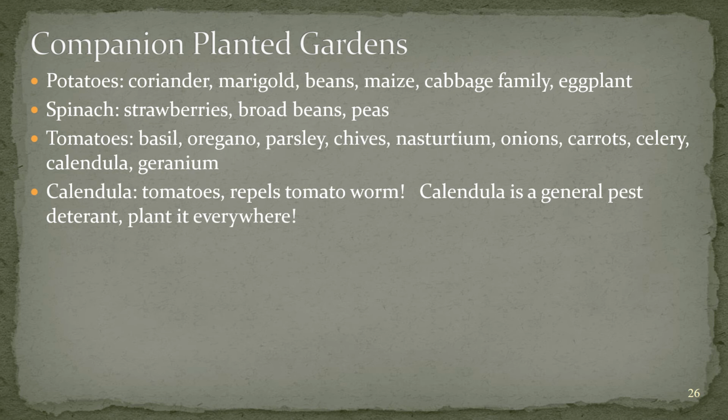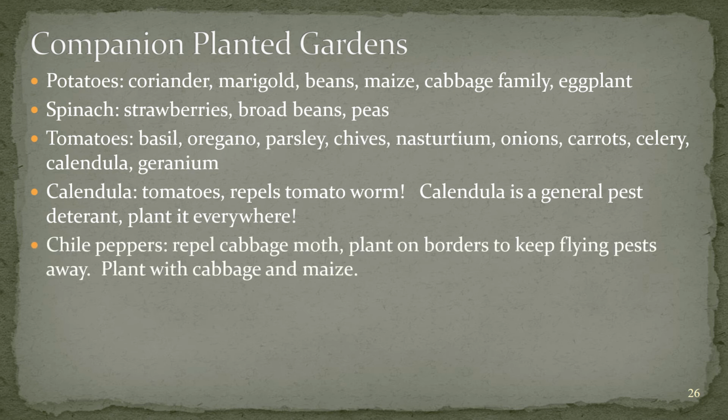Calendula goes well with tomatoes and it repels the tomato hornworm. Calendula is a general pest deterrent planted everywhere, and it's pretty. Chili peppers repel the cabbage moth, plant on borders to keep flying pests away, and plant with cabbage and